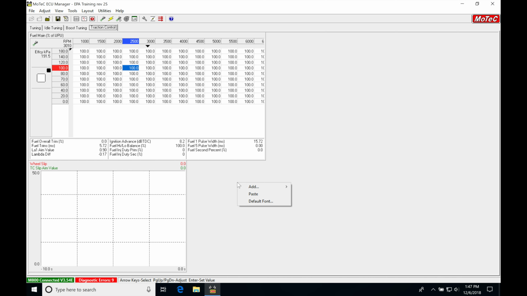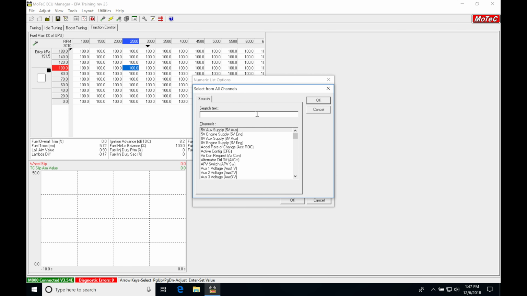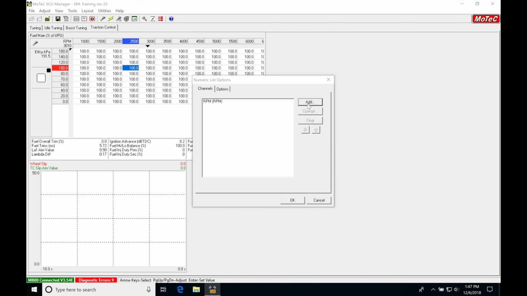Next, we're going to right click, go into add, and go into our numeric list. We're going to go to add here, and we're going to be adding a bunch of channels. We're going to type in first RPM. We want to know what our engine speed is going to be. Click OK. Click add, and